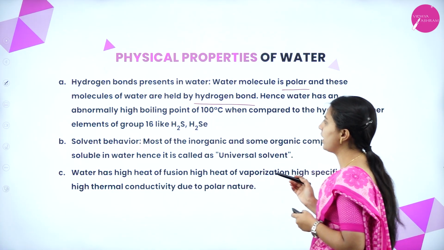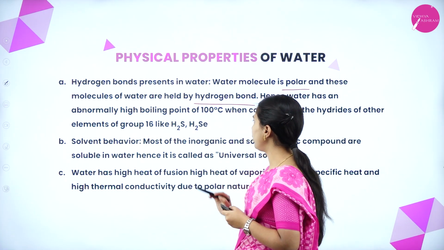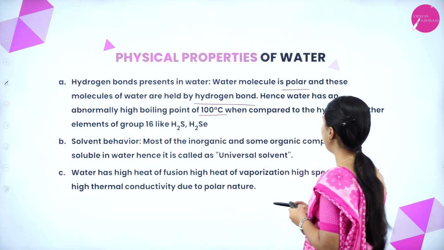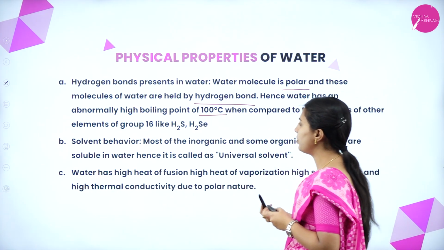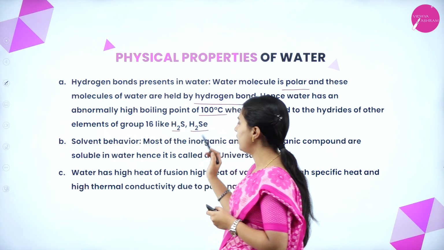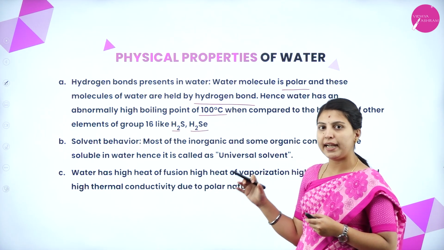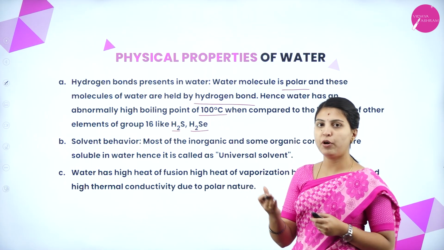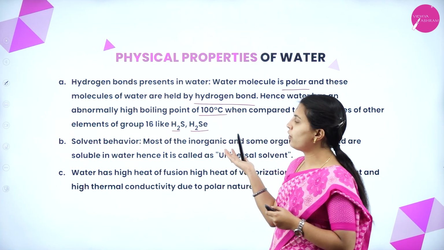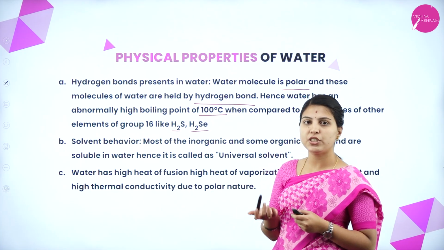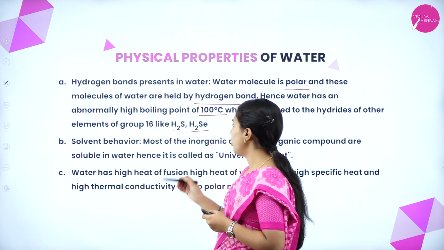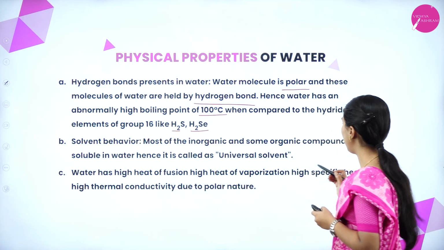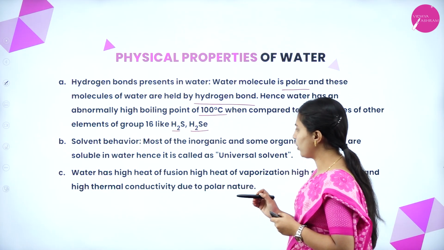Hence, water has an abnormally high boiling point of 100 degrees Celsius when compared to hydrides of other group 16 elements like H2S and H2Se. The molecule is held by hydrogen bonds, so it has the high boiling point of 100 degrees Celsius, but hydrides of other elements don't have that high a boiling point. Solvent behavior. Most of the inorganic and some organic compounds are soluble in water, hence it is called